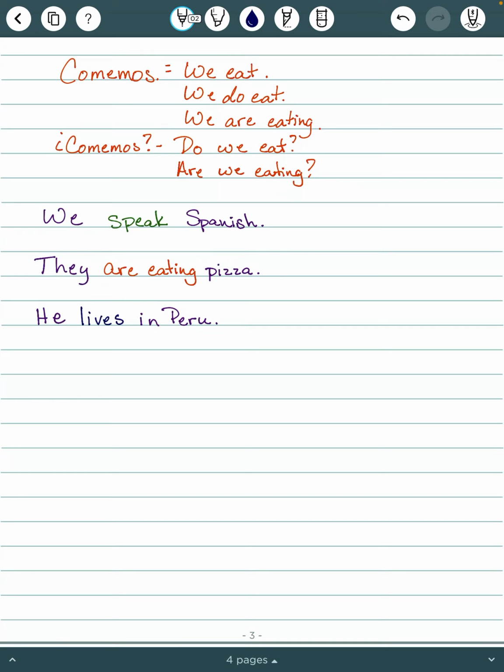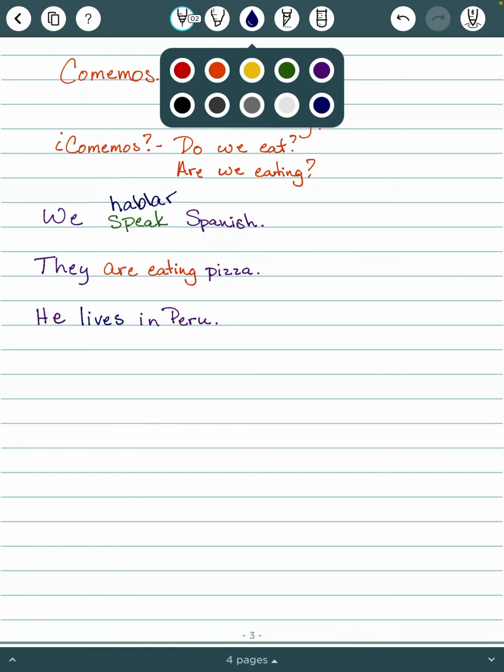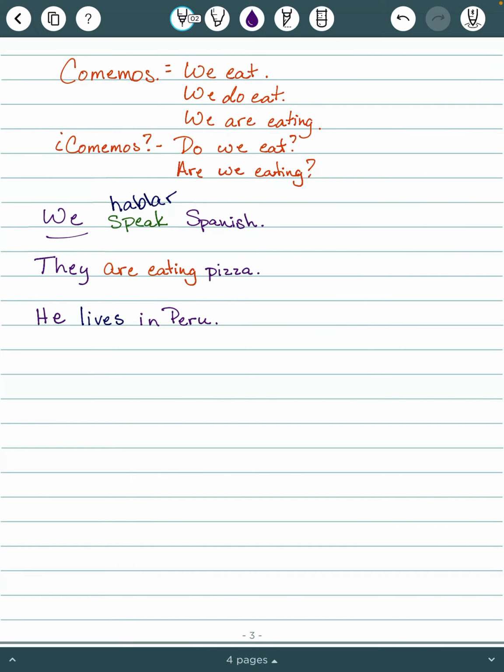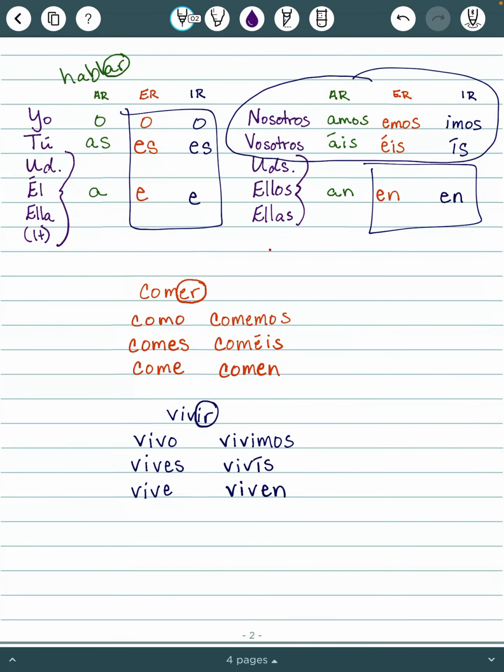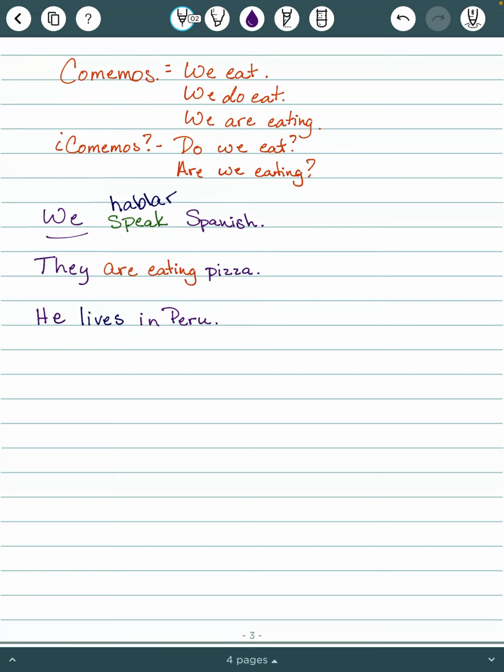If we want to say we speak Spanish, to speak, we need to know is hablar. So hablar, to go with we is nosotros. Hopefully we've memorized those nosotros, those AR endings by now. But nosotros with AR, it's going to be amos. So we'll say hablamos. And you know we could say nosotros hablamos, and that would be fine. But hablamos español.